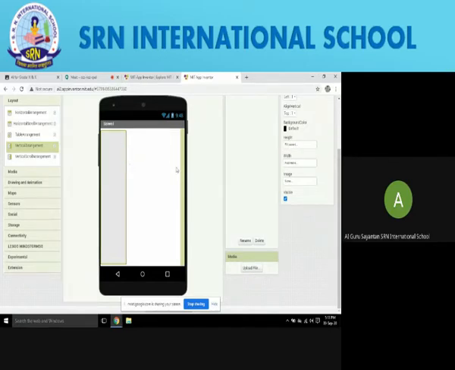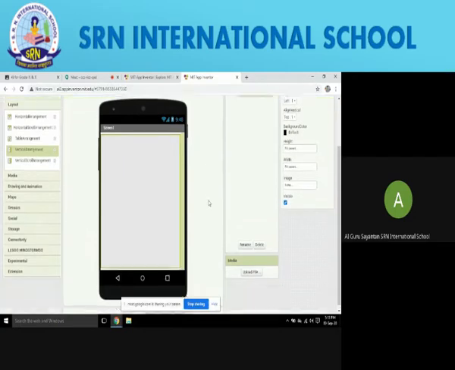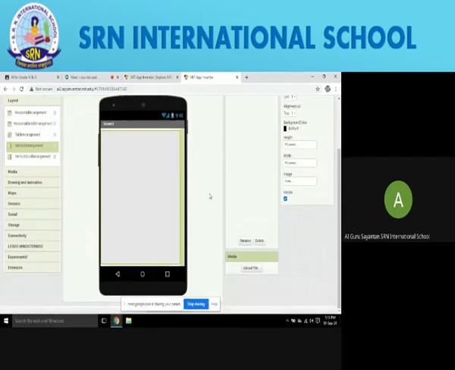Similarly, we will be doing the same for the width part also. We will go to width, we will go to fill parent and we will click OK. So you can see that both height and width have been increased, and now we are with the most available height and width of the application, the mobile screen. So we can get the full screen now to do our work.